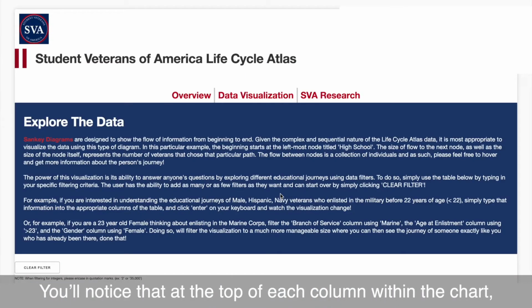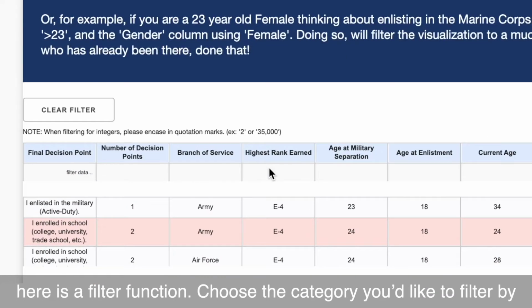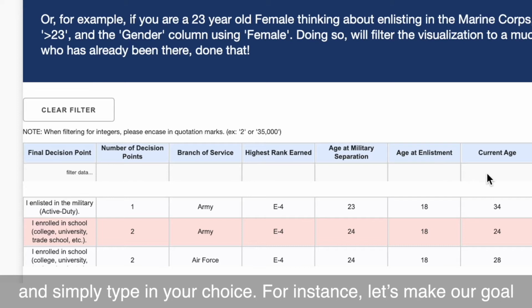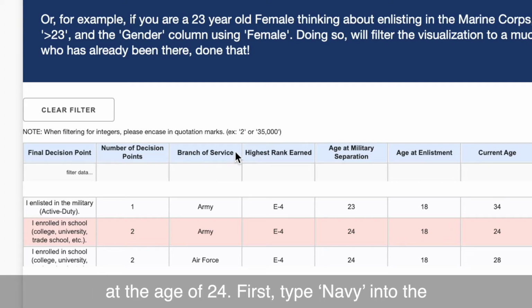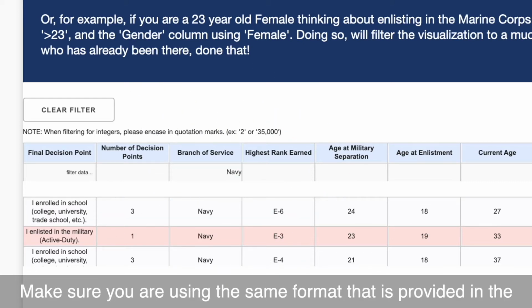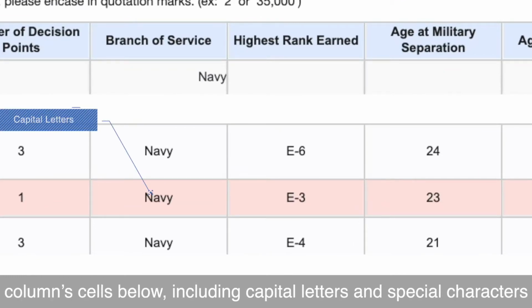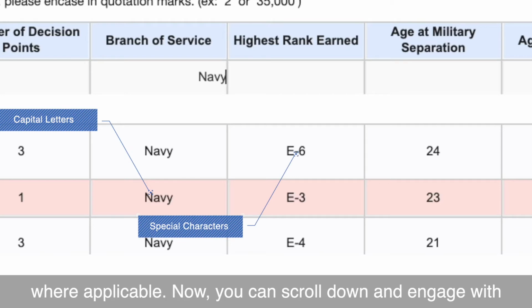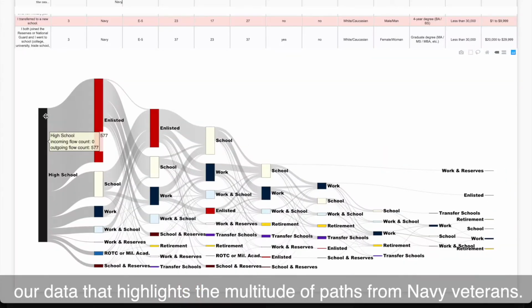You'll notice that at the top of each column within the chart, there is a filter function. Choose the category you'd like to filter by and simply type in your choice. For instance, let's make our goal to look at the data on Navy veterans who left the military at the age of 24. First, type Navy into the branch of service column and press Enter. Make sure you are using the same format that is provided in the column's cells below, including capital letters and special characters where applicable. Now you can scroll down and engage with our data that highlights the multitude of paths